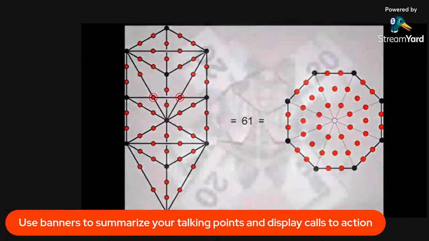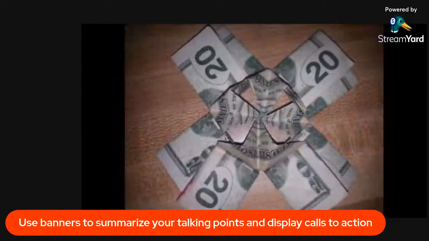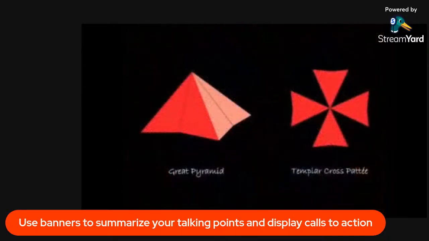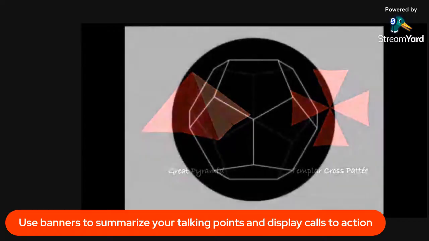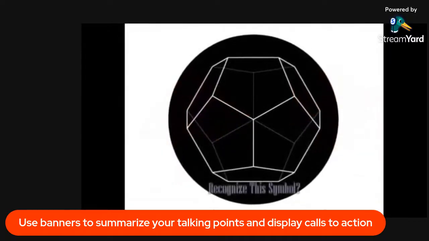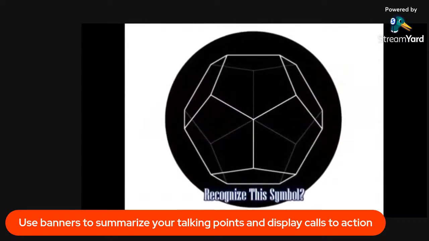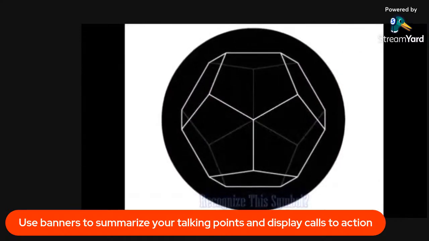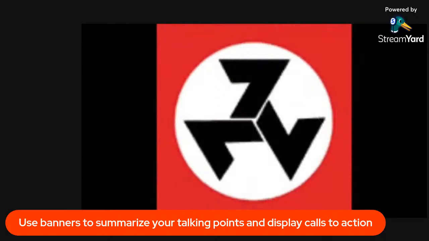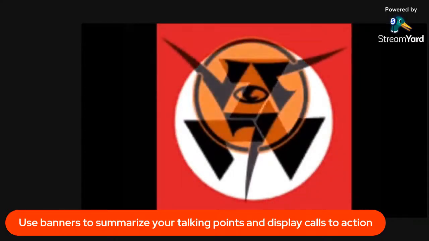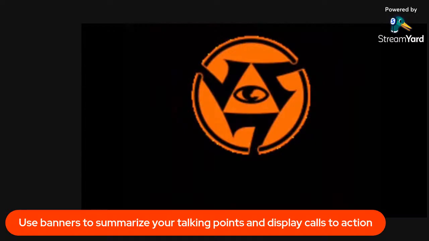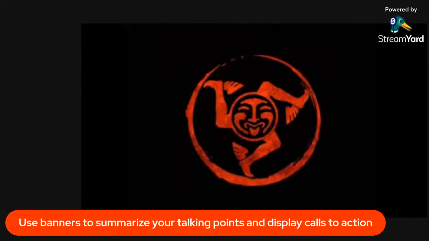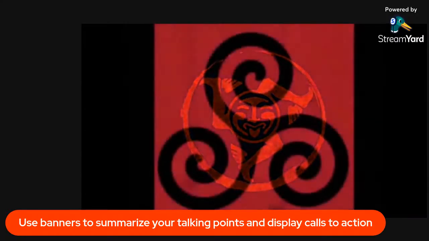And not only do we find this pattern in the money, he found several other patterns. He even found the Templar's cross, which we know when folded up makes a pyramid. The dodecahedron makes another interesting pattern that we can start to see. Through this pattern, we will start to see the 777 logo, which is embedded all over the place. And also, we see that through the 777 logo, we have the triple spiral logo.